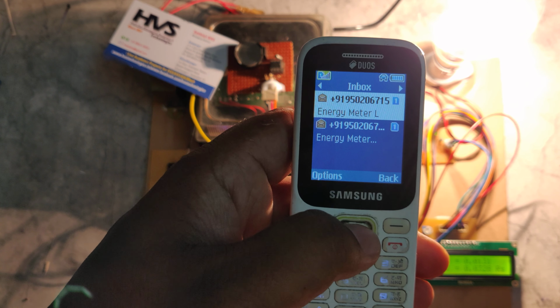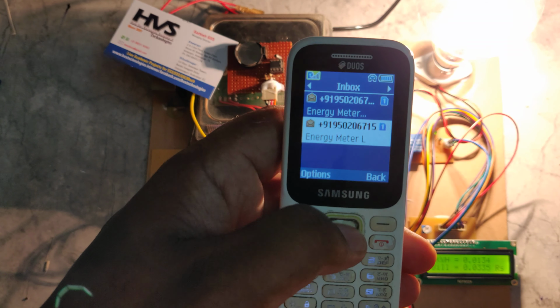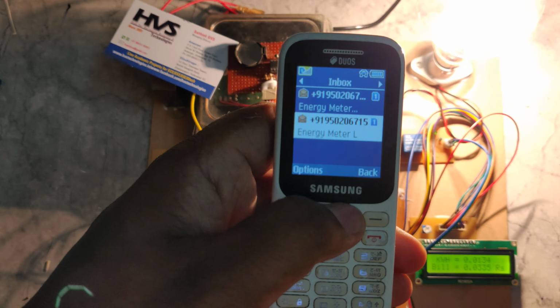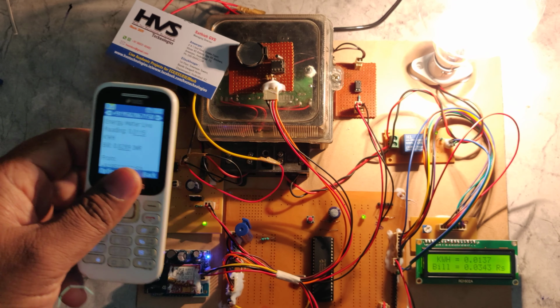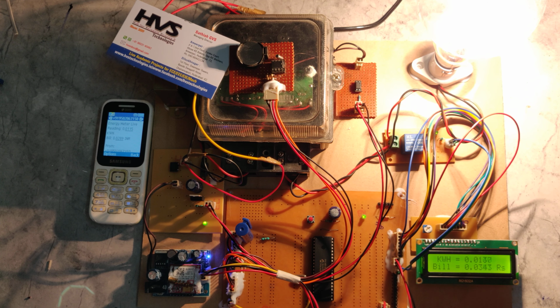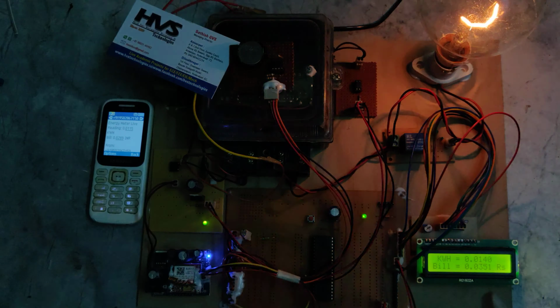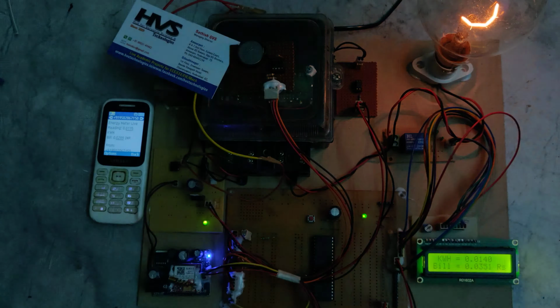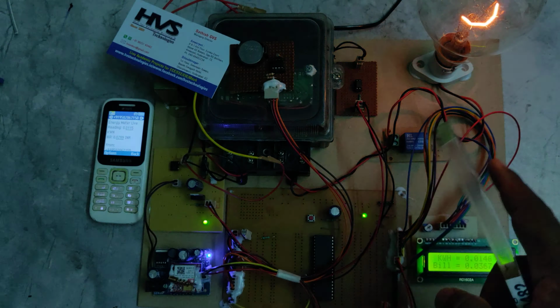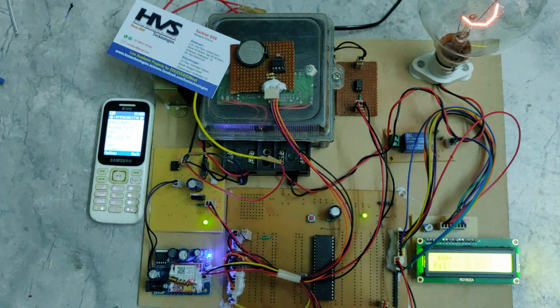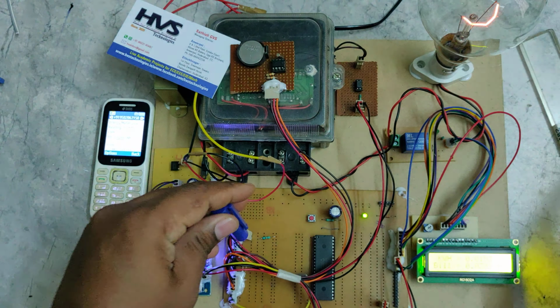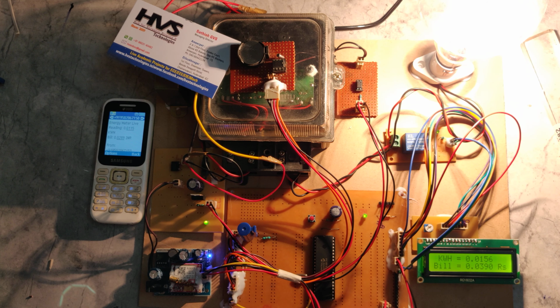So we got two messages. One is the message based on the get command, and this one is after completion of 3 minutes, that is, after completion of 1 month. Whenever the lighting is there, automatically the bulb will be off. Here the flickering is the light on and the light falling on the LDR, and it will be off again. In order to remove that, just protect it. Thank you.